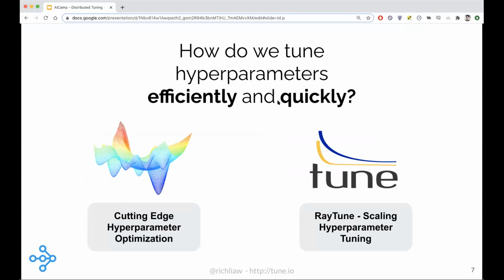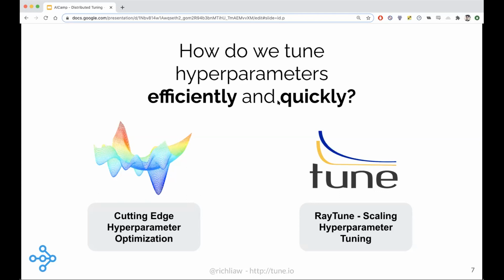First, we can leverage advanced algorithms to navigate the search space of different parameters. Second, we can use cutting-edge software to better leverage our compute resources. For leveraging compute resources and cutting-edge software, I'll be talking about RayTune, which is a library